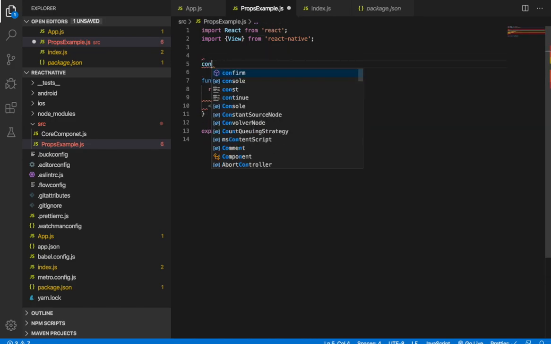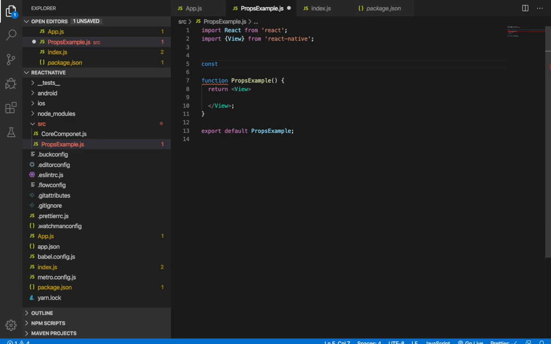Let's create a reusable component with the name employee. With the help of an arrow function, let's create an employee function component.